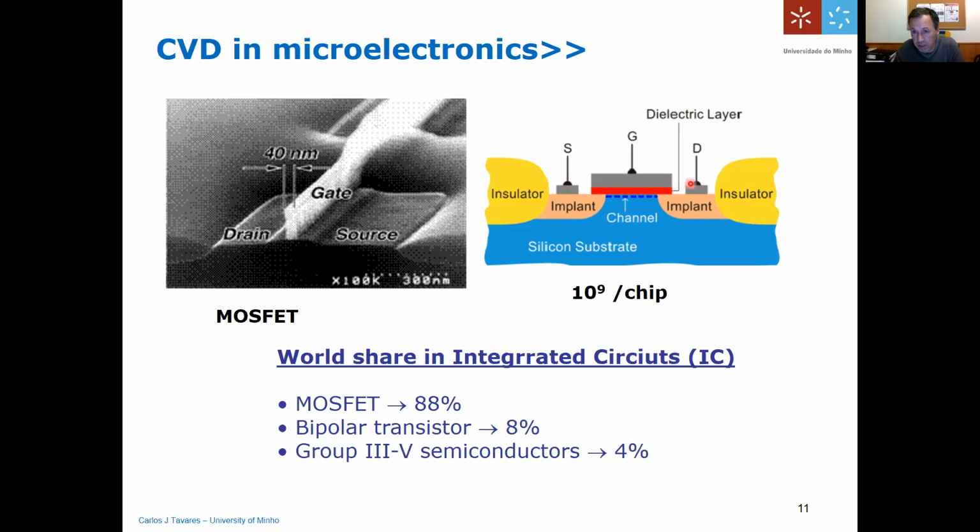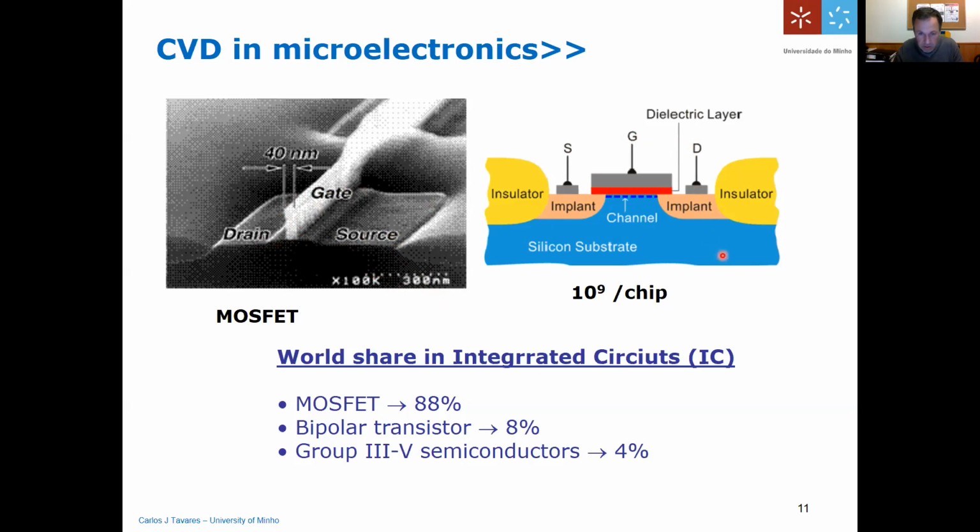Normally, these are metallic electrodes, which can be done by sputtering or thermal evaporation. But for these insulators, the implants, and the dielectrics, which are normally oxides or nitrides, you will have to produce them by CVD processes. And here you can see the scanning electron micrograph of a MOSFET, and you will see the source, the gate, and the drain, which are the three essential parts